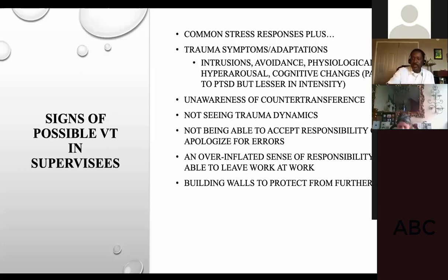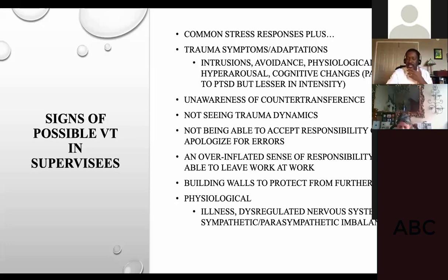Okay, building walls to protect from future trauma. I'm just going to go through this because these are pretty intuitive and self-explanatory. You can have physiological manifestations of stress, illnesses, it can predispose you for those things. Dysregulated nervous system. You can get hypertension, diabetes from ongoing chronic stressors, because elevated cortisol also depresses things like your ability to fight off infection, but it also puts certain stress hormones in the body that actually can result